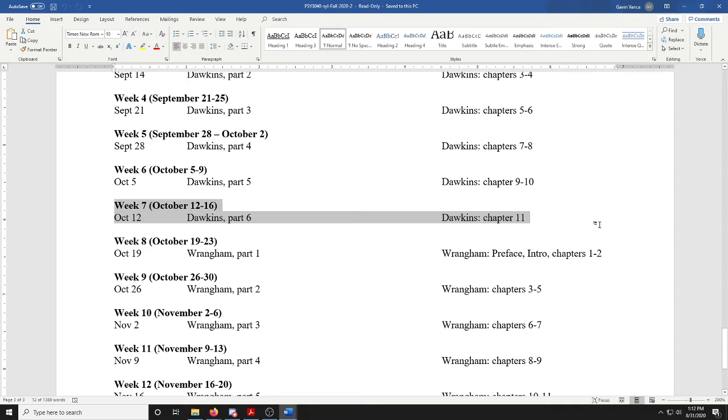For that week, your discussion questions, your responses to other students' questions, and your reaction paper are going to be due at 9 a.m. Monday, October 19th. So you get a couple extra days instead of that Saturday, because the Saturday falls within the break period. It's actually not complicated. We have to explain ourselves a little bit here. Right. All right.